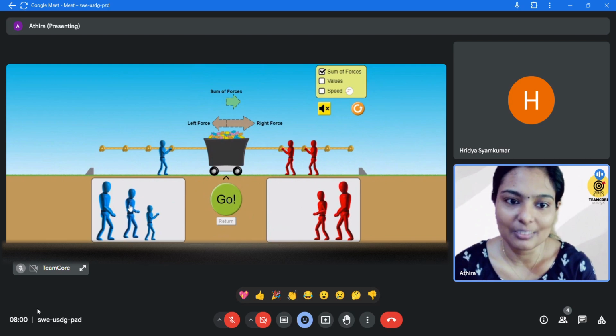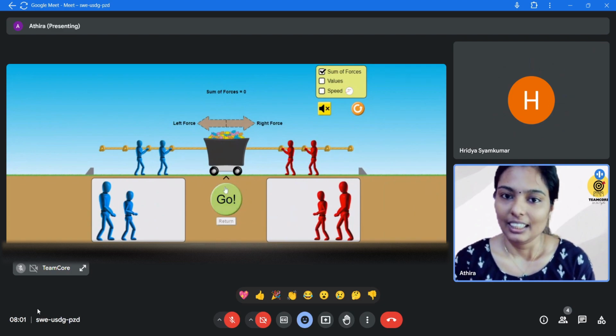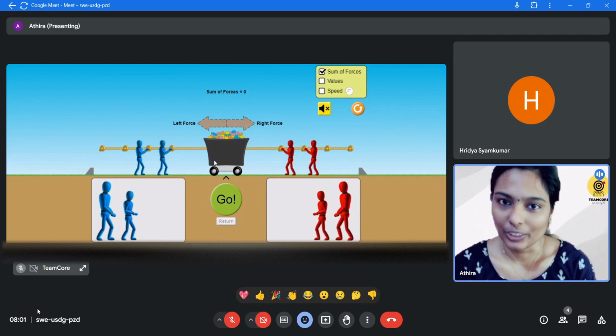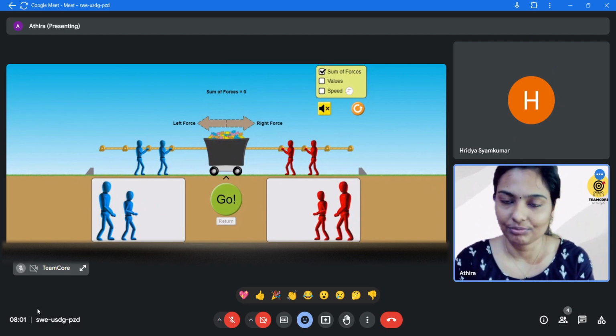This blue or this blue? The smallest one. Yes, the smallest one. Then the object will not move, right? It remains at rest. The sum of forces will be zero, right? So what's happening here actually? If we apply multiple forces on a body,